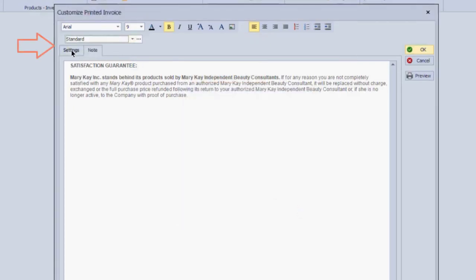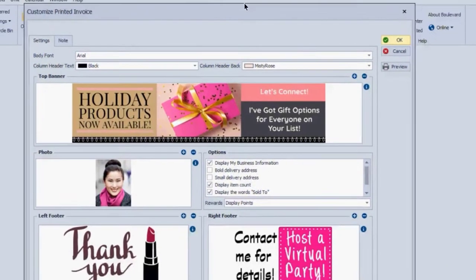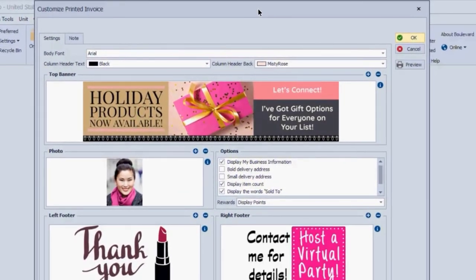Now, going back to the Settings tab, this is where I can add additional information to my printed invoice or PDF invoices. I can choose a photo that's going to appear on the left-hand side of the invoice information, my contact information. I have additional options here that I can set, whether I want the delivery address bolded or small,